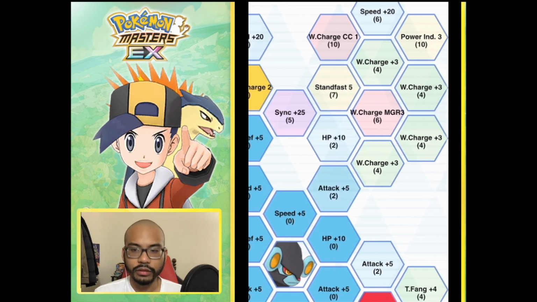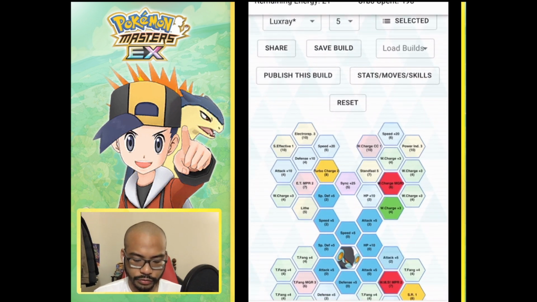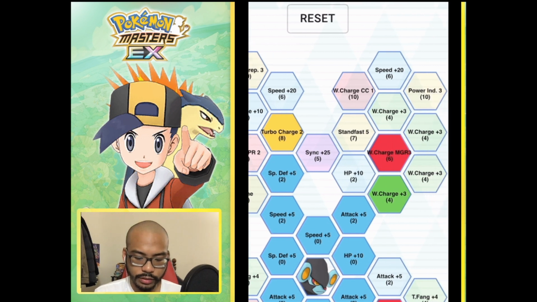Now, going to the top right, we have attack +5, wild charge +3. So we will unlock wild charge MGR 3, right? So we could have that move gauge refresh, right? So wild charge MGR 3, which has a good chance of charging the user's move gauge by 1 when a move is successful. You can possibly have this, right, with wild charge +3 here, and of course power induction 3,